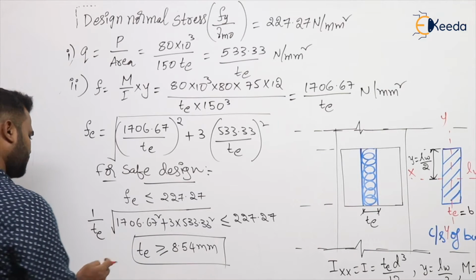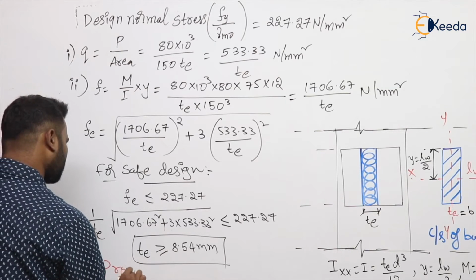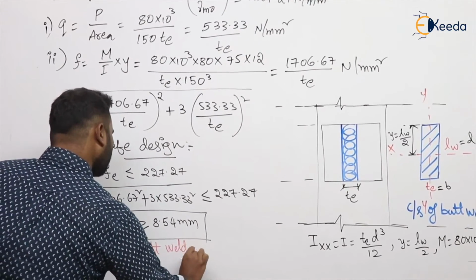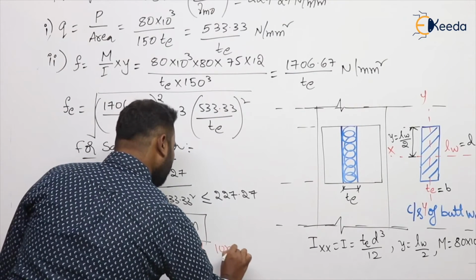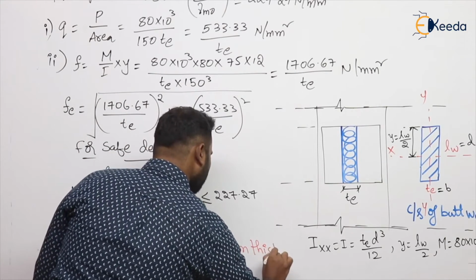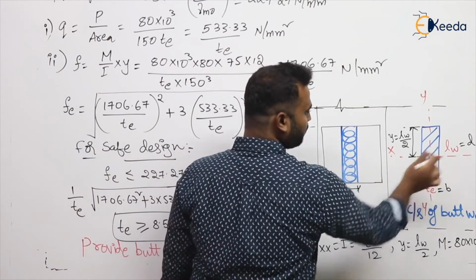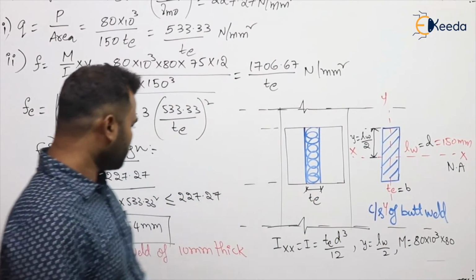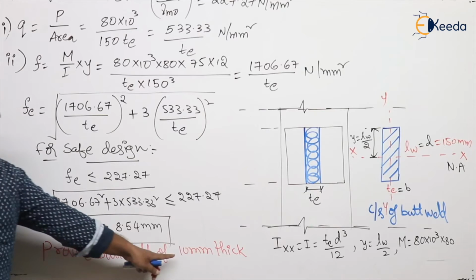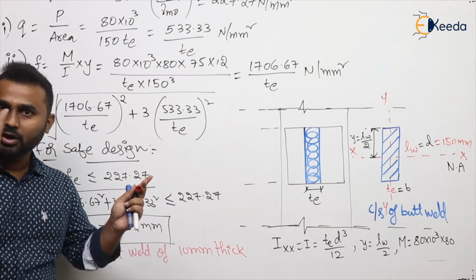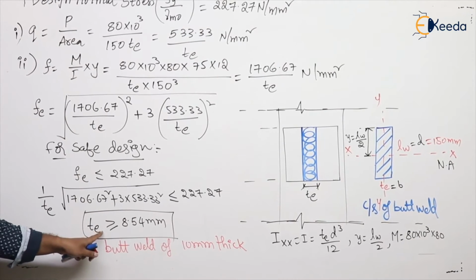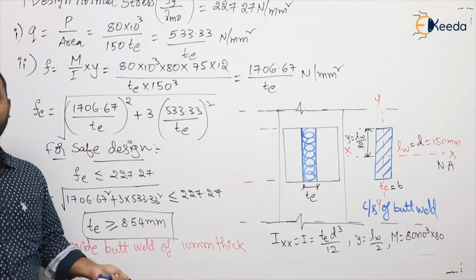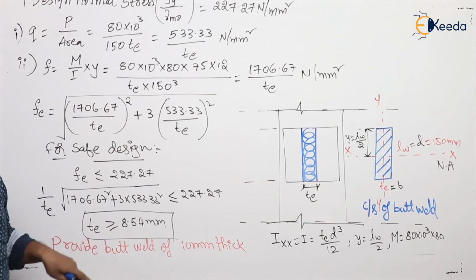Now, as it is a design, provide a butt weld of 10 mm thick, right? Of course the length is already mentioned in the question, that is 150 mm. So simply provide a butt weld of 10 mm thick. Obviously it will be safe. For the butt weld to be safe, the thickness should be greater than or equal to 8.54 mm. As we are providing 10 mm, it is safe. This is the question on out of plane eccentric